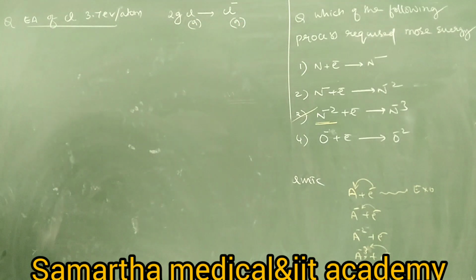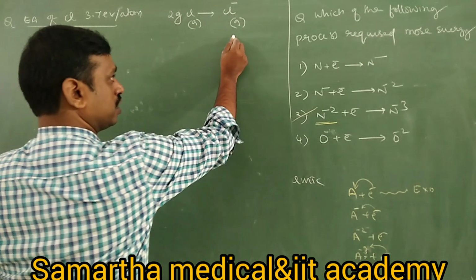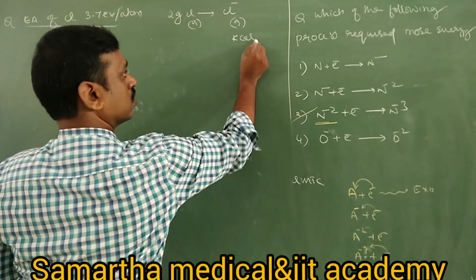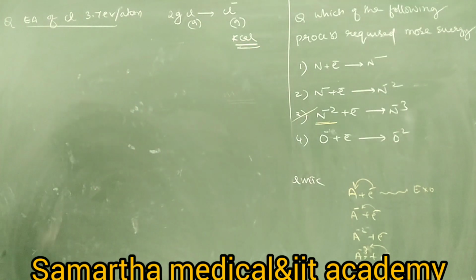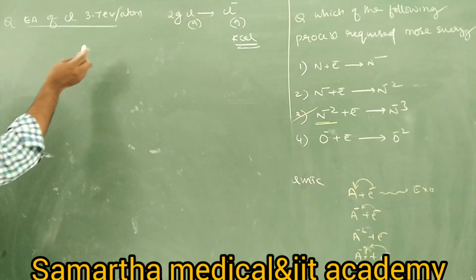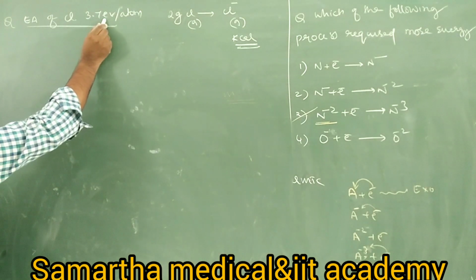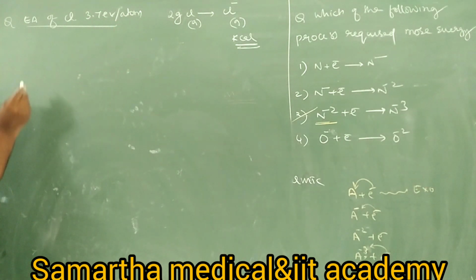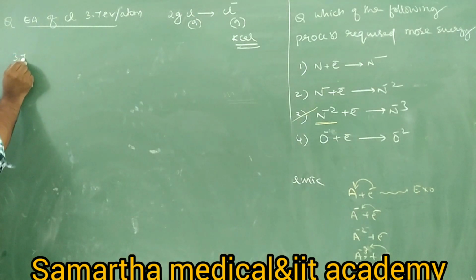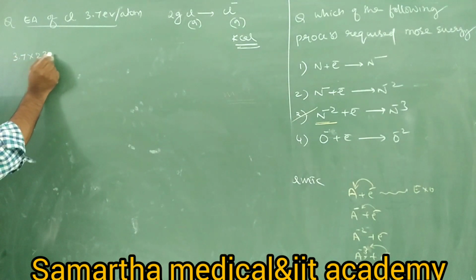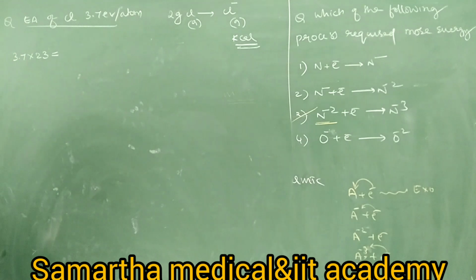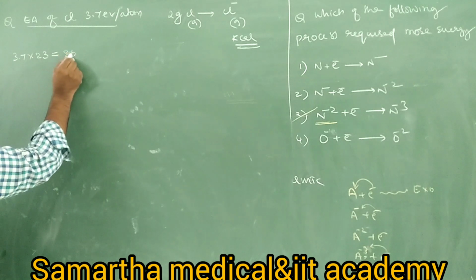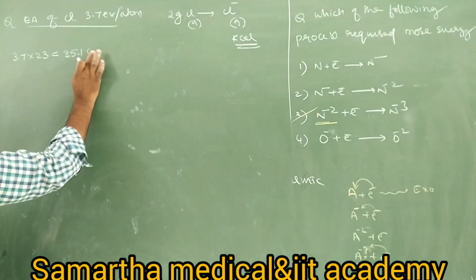And that too in kilocalories. So you just convert 3.7 electron volt per atom into kilocalories. It is 3.7 into 23, no? Tell me. 85.1. It is 85.1 kilocalories